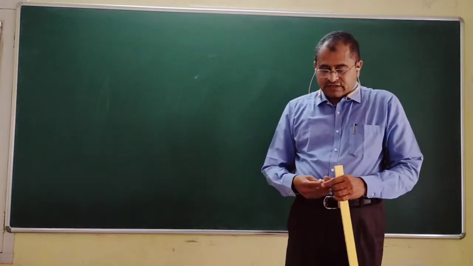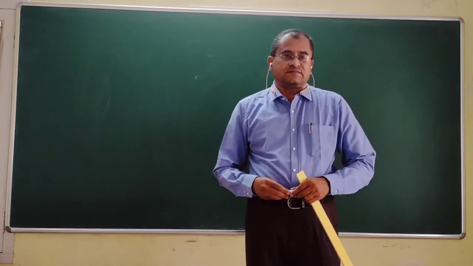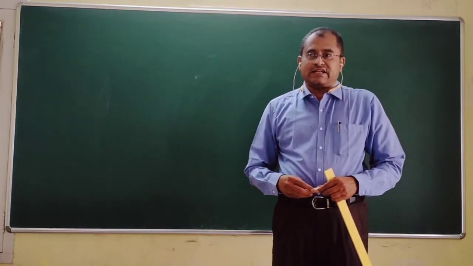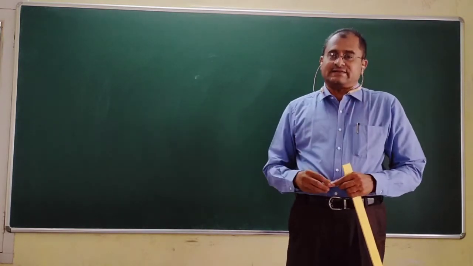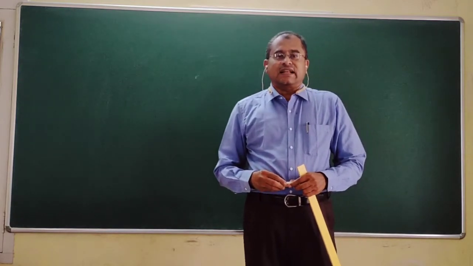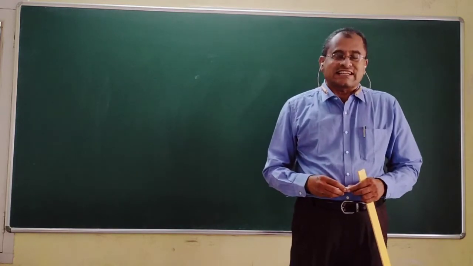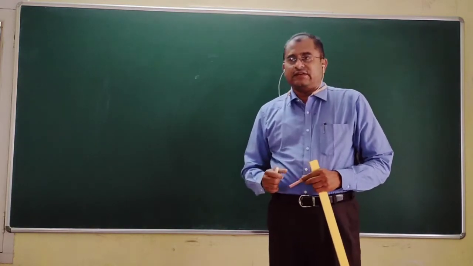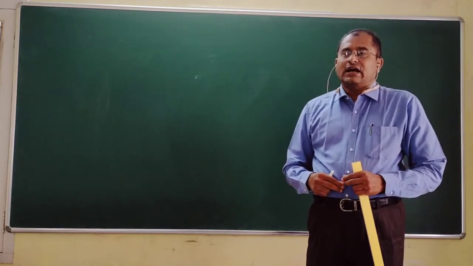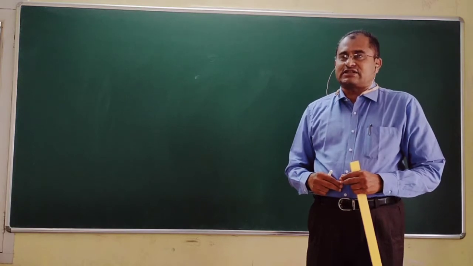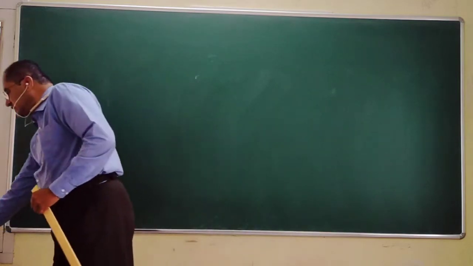In the previous class, we stopped at seeing a few applications of Gauss's law. We determined electric field intensity due to a charged sphere at a point outside and inside. Then we saw electric field intensity at a point inside and outside a solid cylinder. Today, we are going to see how to derive the expression for electric field at a point inside and outside a hollow charged cylinder. So our topic for today is